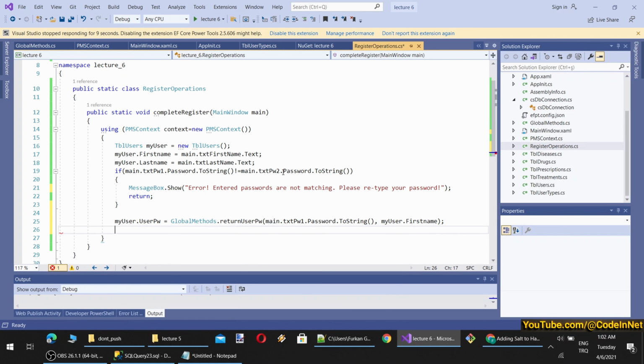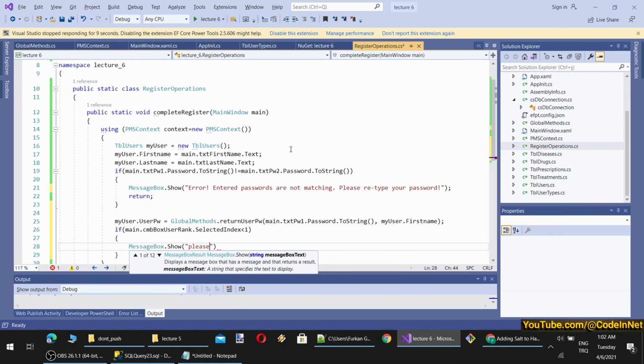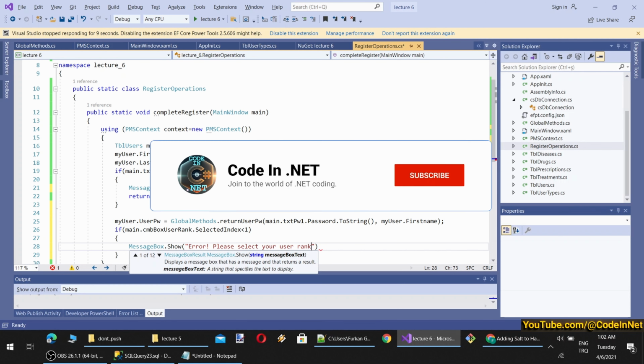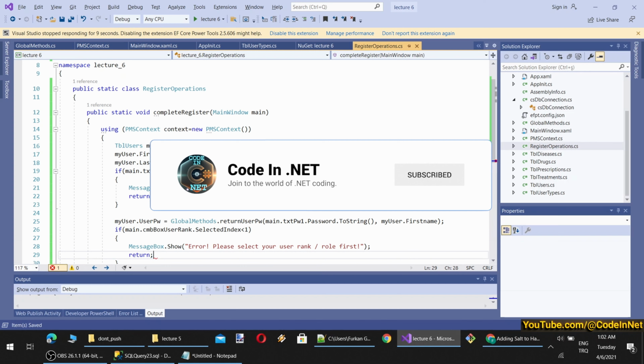Okay, and then what else are we going to take? We are going to get the user rank. We also need to check that if the combo box selected index is equal to 0, or let's say lesser than 1, then we will show an error. Please select your user rank role first, then return.